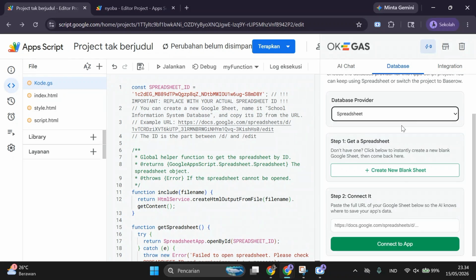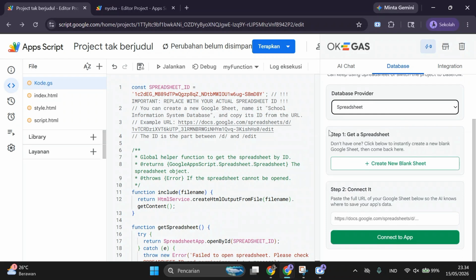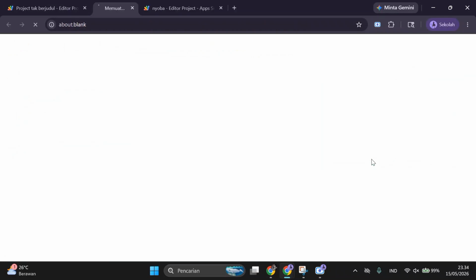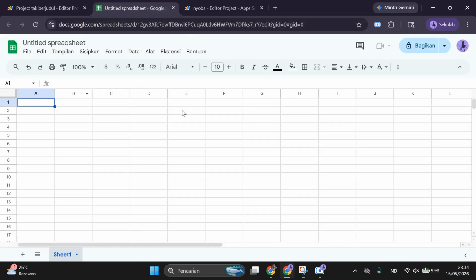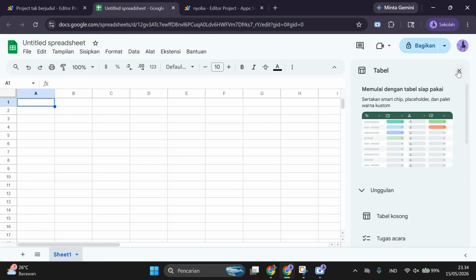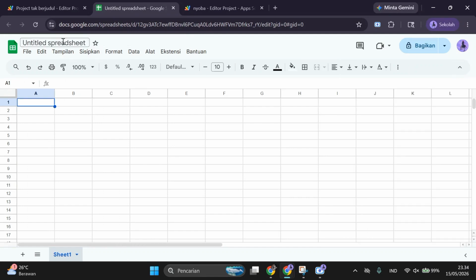The script section also needs a closing tag. We can still deploy it because we need to integrate the spreadsheet first. And the free database option here is spreadsheet, so let's use that. First, create a spreadsheet and rename it, for example, school information system.